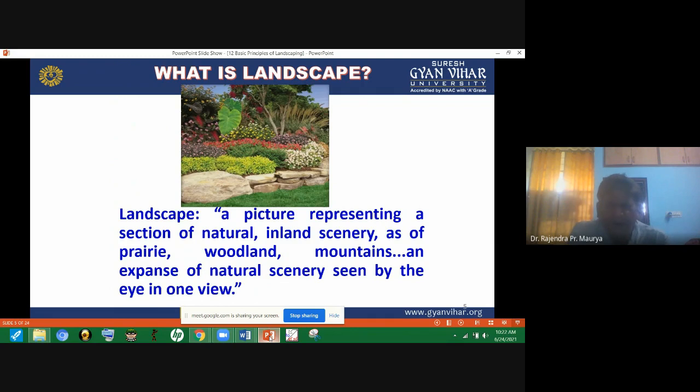For example, on a plain paper, if we are designing any scenery, we incorporate all mountains, rivers, plants, flowers, ground covers, fountains, rocks, lake, etc. Similarly, if we are creating that structure in real life on a piece of land, that is the landscape.